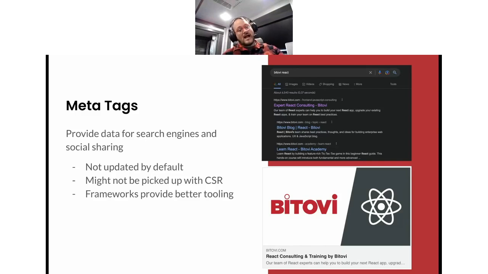Now, React by default, the page loads with a sort of default title and description, and then you get this JavaScript that comes down to the browser, and then it builds something new. And that's how React works.